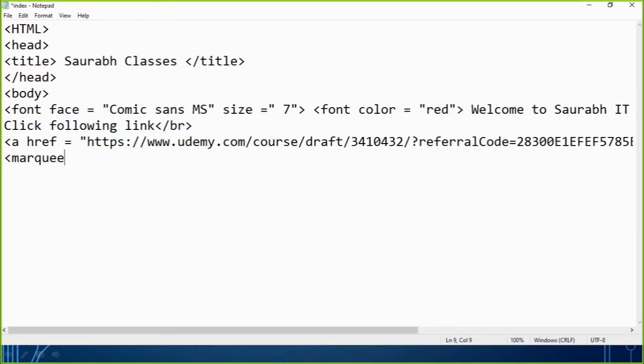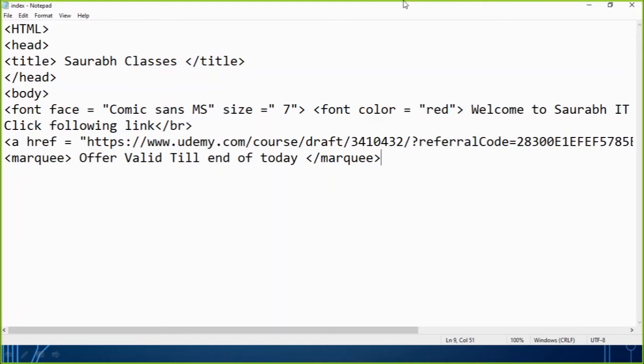marquee, you type some information here: offer valid till end of today, and /marquee to close it.